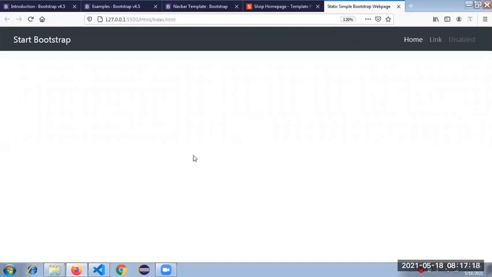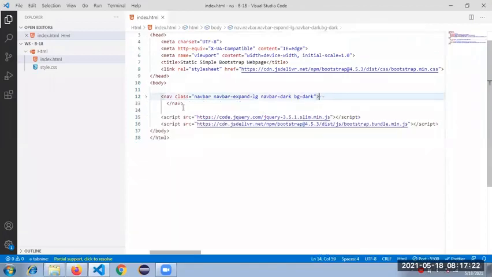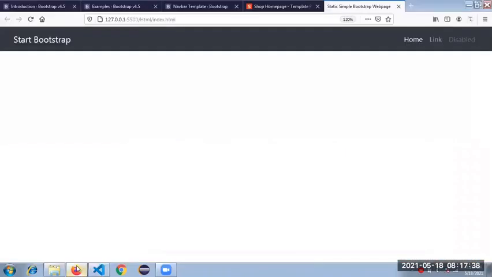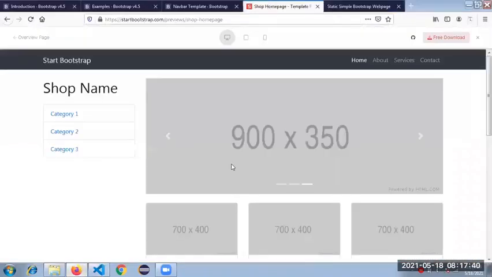So we are good with the navigation bar. So I'm just toggling the navbar closed. Okay. So as per our agenda, what we need to do is create the container, right? Where is my example?